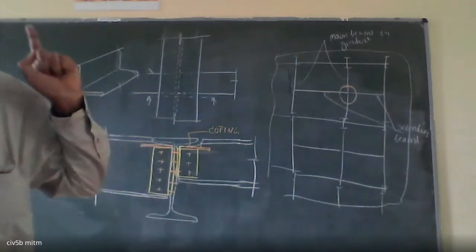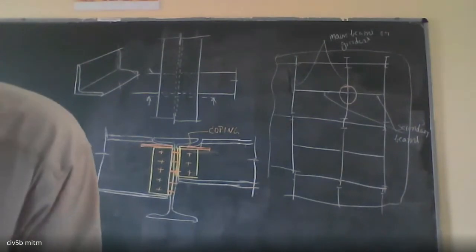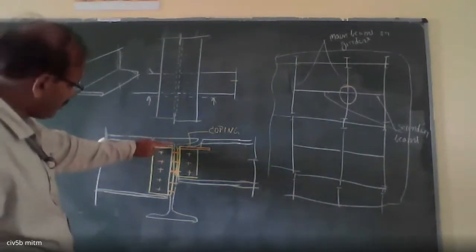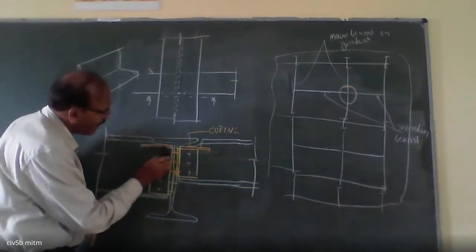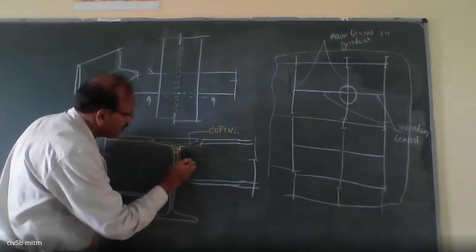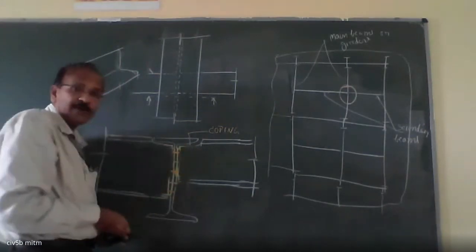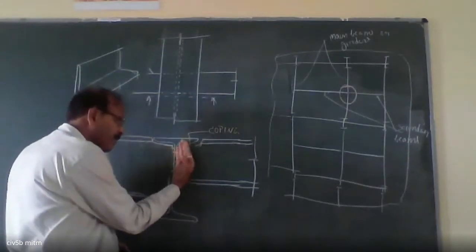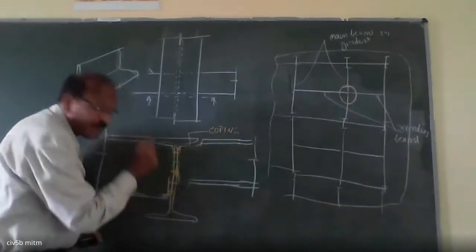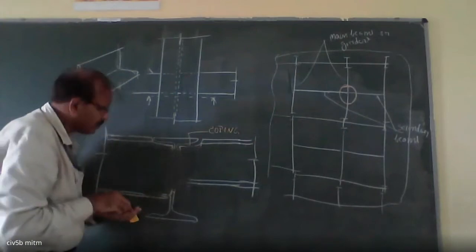Okay, what is the next part? It is beam to... and one more thing is, instead of providing bolts, you can provide welds as well. If you are providing welds, just take this out. So there are going to be some finger plates or some connecting plates, or else you can bring this secondary beam and make it touch the web of the I section, then you can weld it. That is like this.